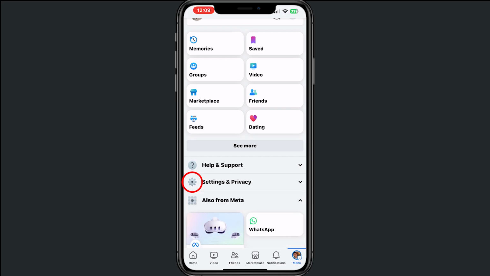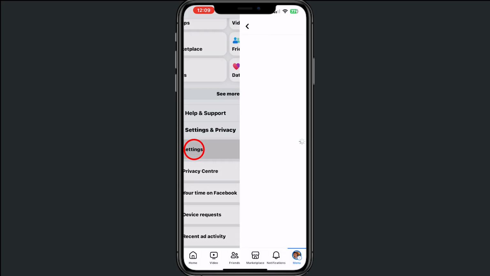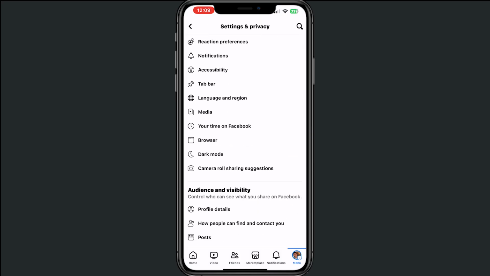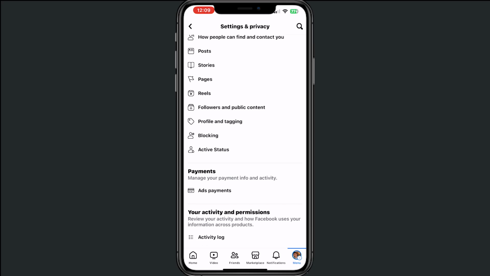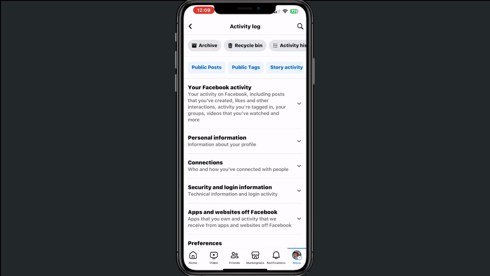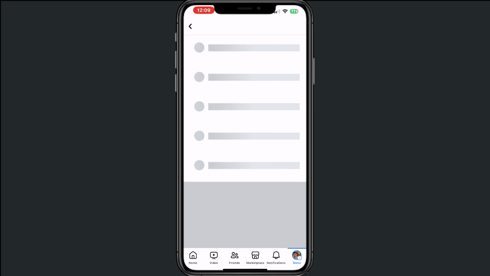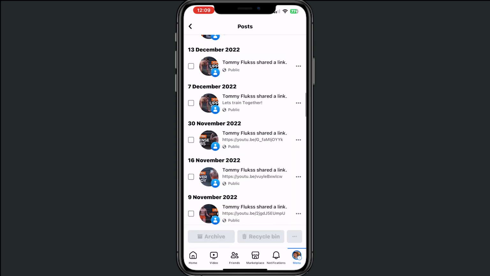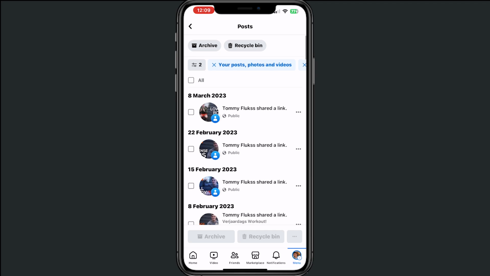From here, tap on Settings and Privacy and then tap on Settings. And from there, scroll down to Activity Log. Tap on Activity Log and from there, tap on Public Posts. So now you will see all your public posts just right here, and we want to hide them but not